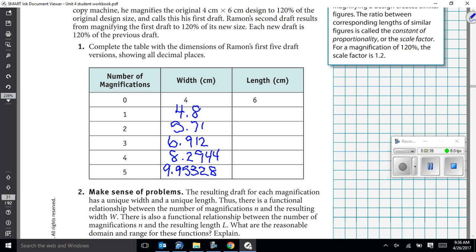Okay, you may need that. Alright, so now for this next one, our length, because the width and the length are being multiplied by 120%. So this one is